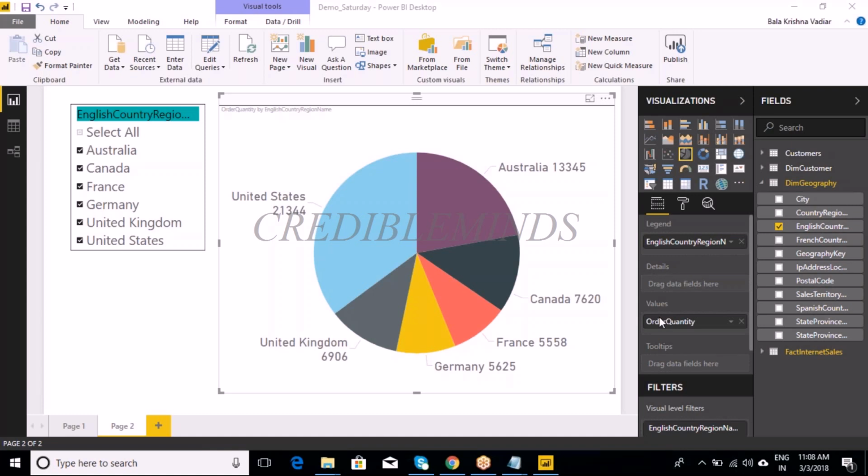Okay, no problem. What is the future of Power BI? It is very good for the next 10 years or whatever it may be, because it's a Microsoft brand. Within a span of almost 2 years it is reaching market expectations. And also the licensing cost is much cheaper compared to other tools.